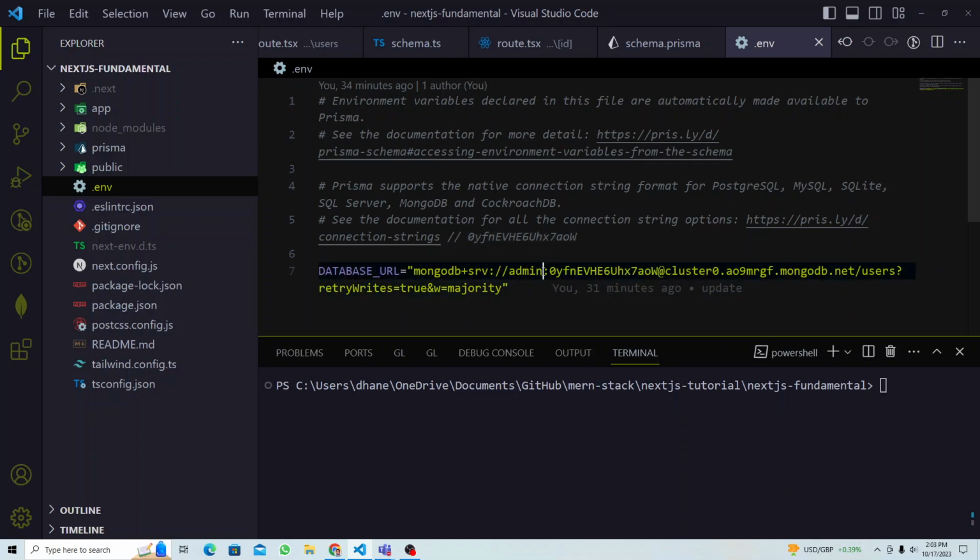So whatever the username is, after that you put the password, and then slash, I added this document name, right? Users, or you can call it table name, users. Inside that users table you might have different databases, let's say users database, I can call it users database. The database name is users, because inside my project